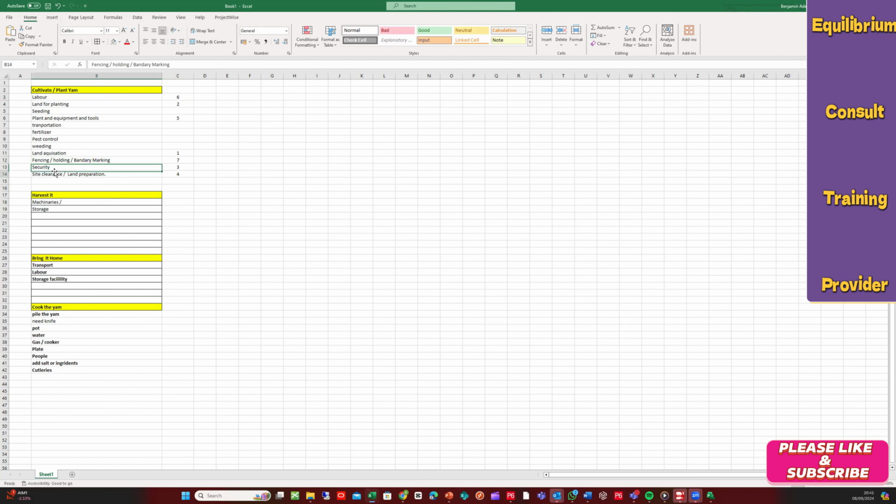So after we've done that, we've got our labor in place. So what do we want to do? For a yam, we need to prepare the heaps. I believe so. Okay, the heaps. Hopefully, I got it right. So we want to do this on number 8. And after we prepare that, we want to plant it. We want to start our planting, which is seeding, yeah?